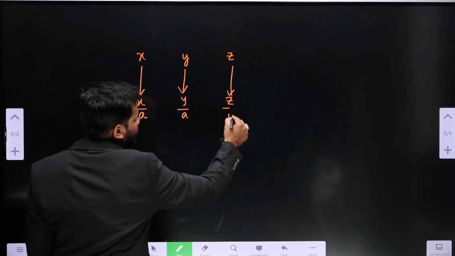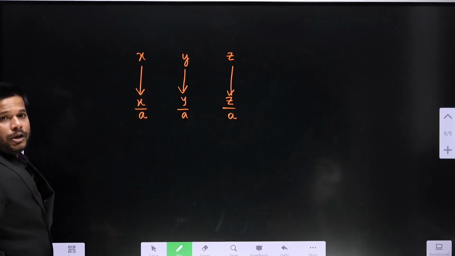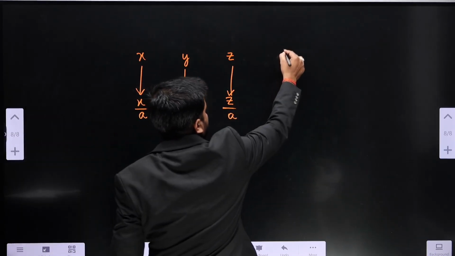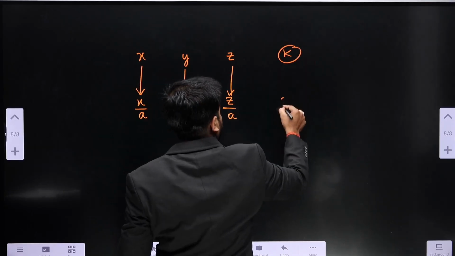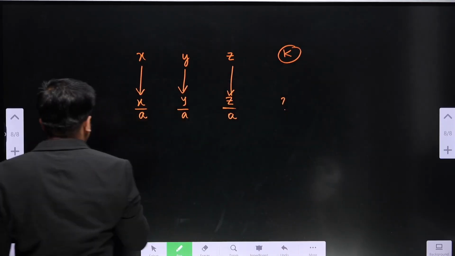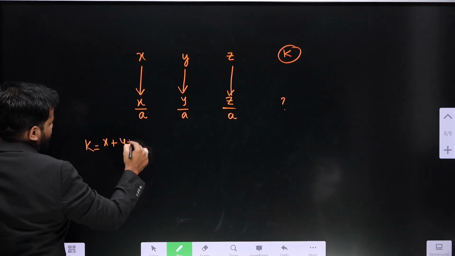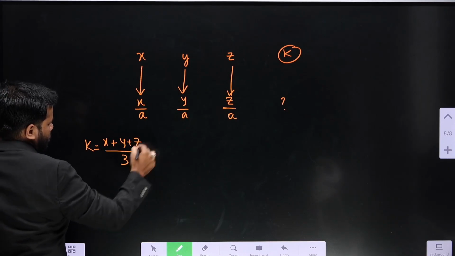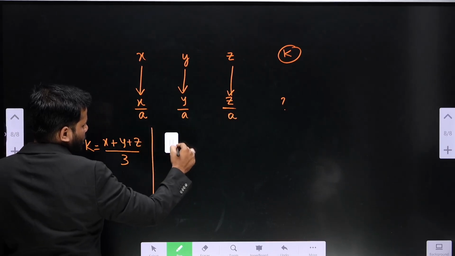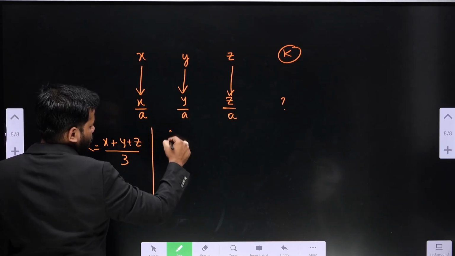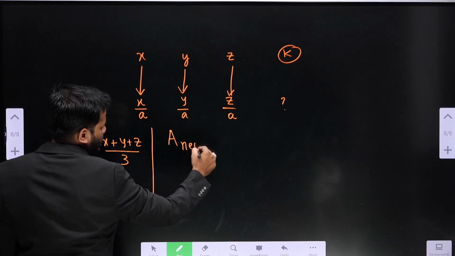If I divide a to all of them, now tell me, and this is k, the original average, what will be the new average? You can say k is nothing but x plus y plus z by 3. Now what is the new average? A new